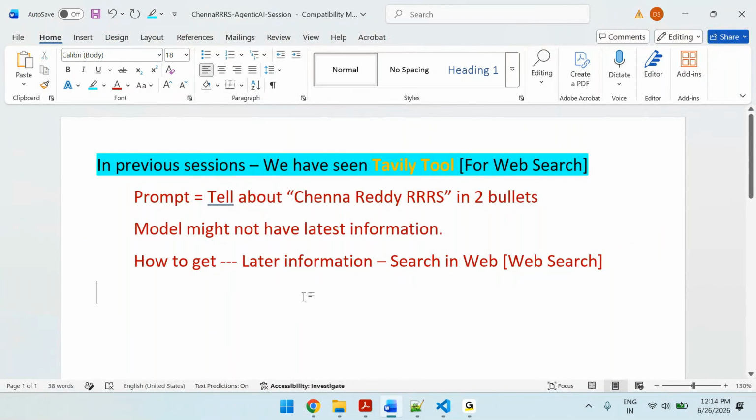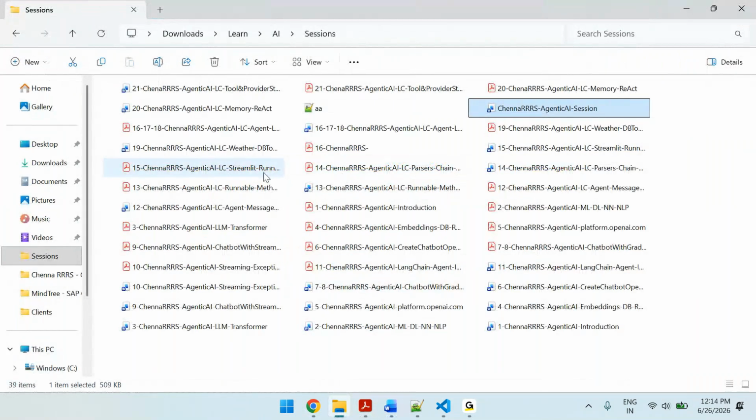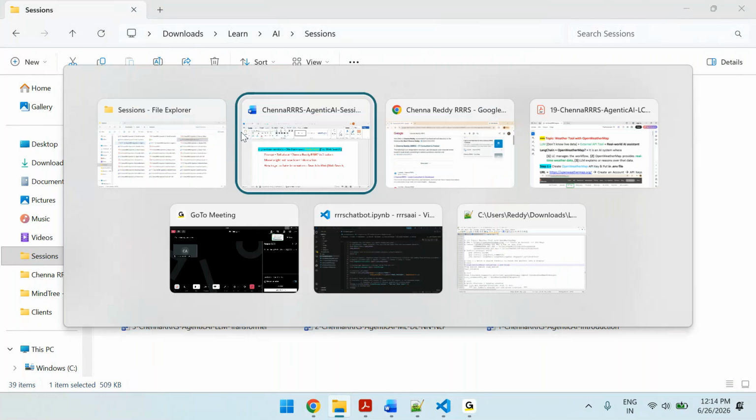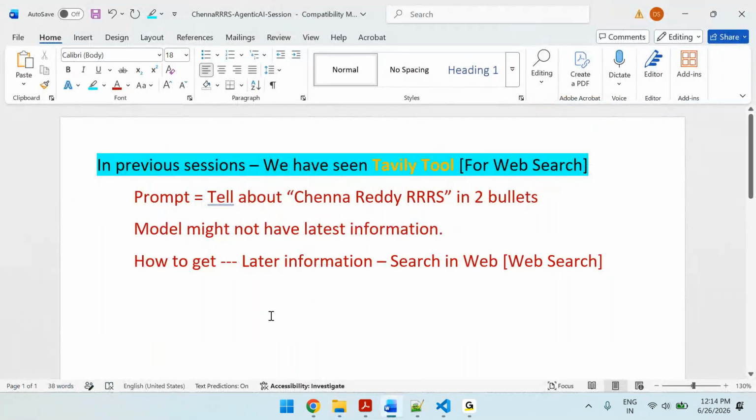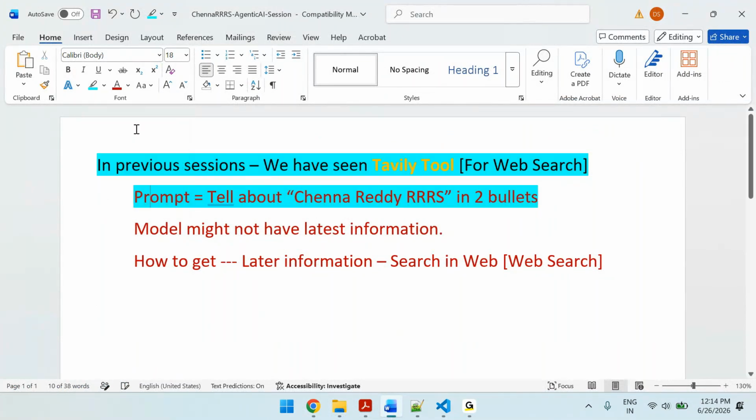And if anyone missed that session, we already have a recorded session, and you can go ahead and see that. It is session number 17. Yes, you can refer to session number 17. That is about this. So if this is the prompt, then we want to do a web search, get the results from the web search and display them. That is what we have seen already. Next,